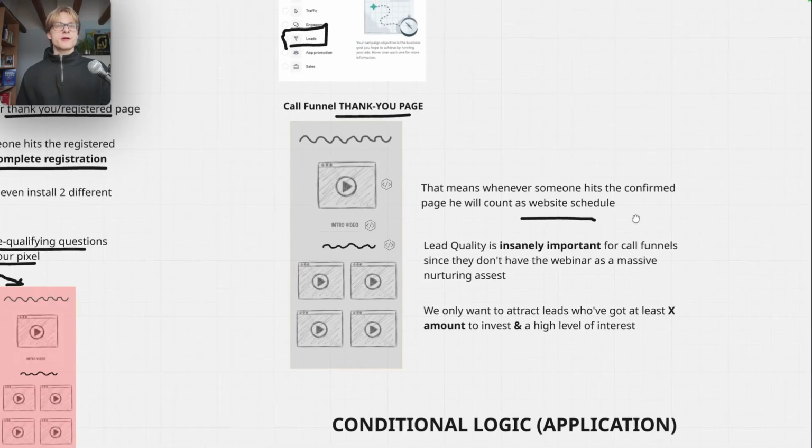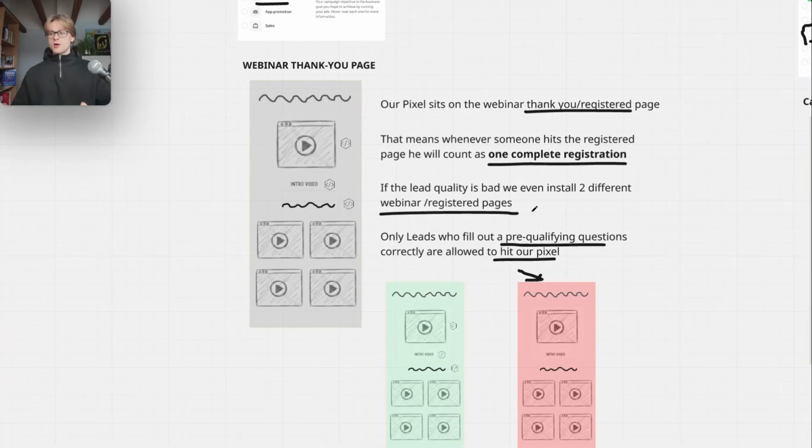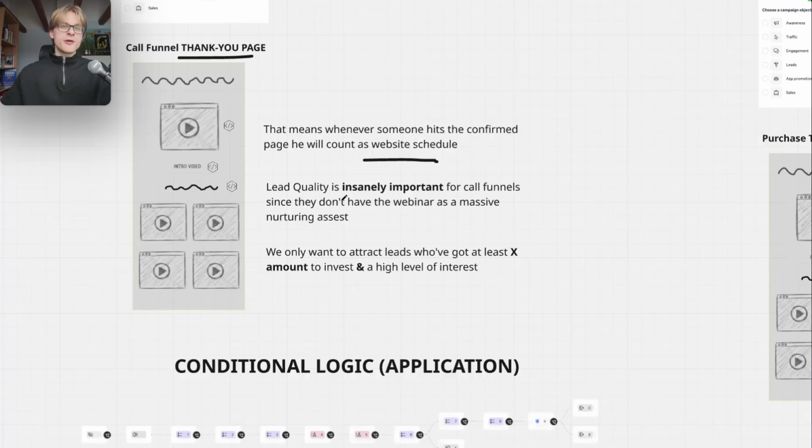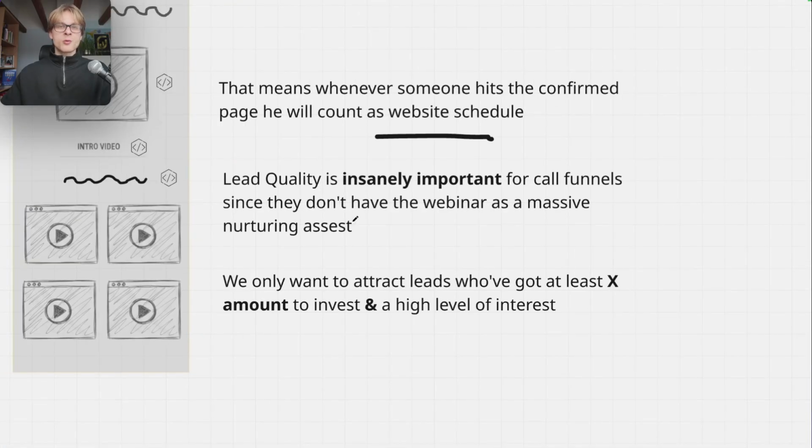And here, very important thing, lead quality is way more important in a call funnel than in a webinar. Because with a webinar, you can still track less aware people who aren't that sold on the opportunity first, people who aren't that ready to take action, or even people who don't have that much to invest. Obviously, you always want to optimize for the highest awareness and for the highest budget, but when it's not possible, it's better to have it in a webinar campaign than in a call funnel campaign, because a call funnel campaign is fully automated, has a pre-recorded video on there,